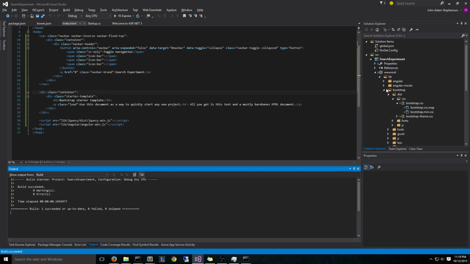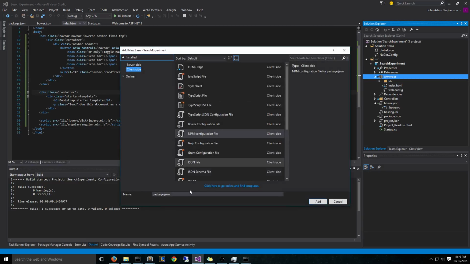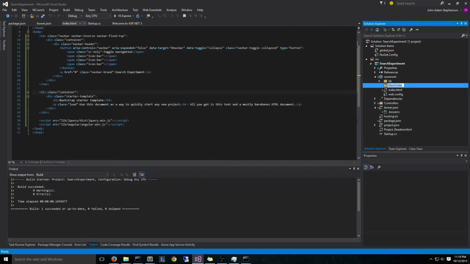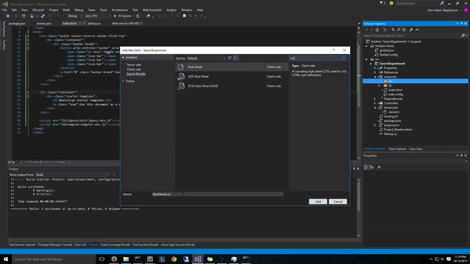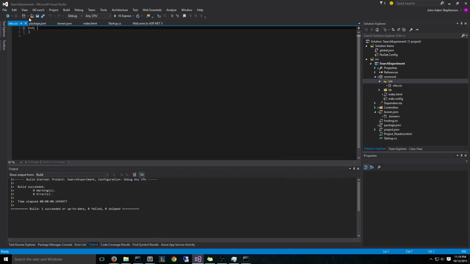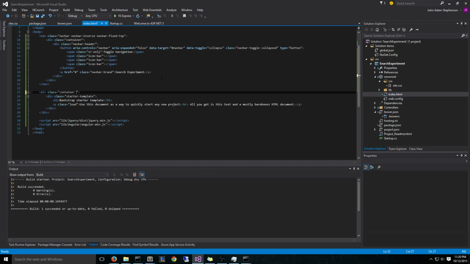of the page. So what we're going to do is we're going to add a new item, a new folder, CSS, site, add new item, CSS, site.css, and I'm just going to give body.content container a padding top of 65 pixels, and then I'm going back to the index and adding content